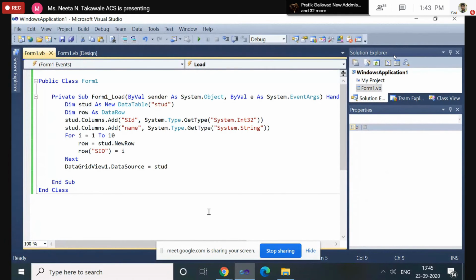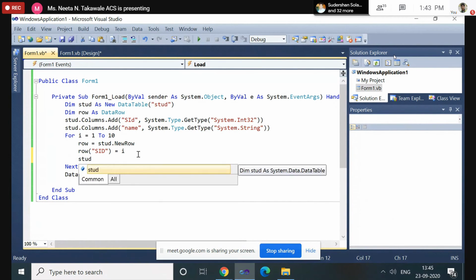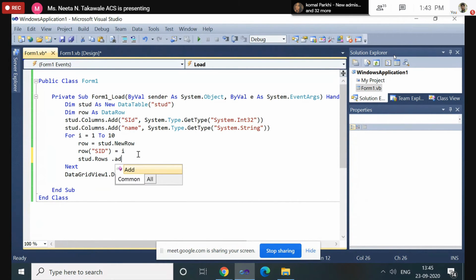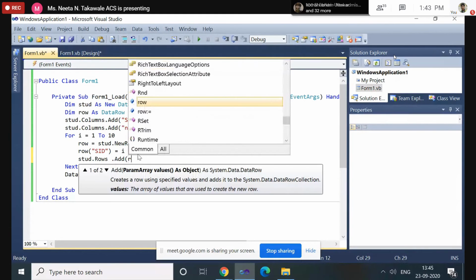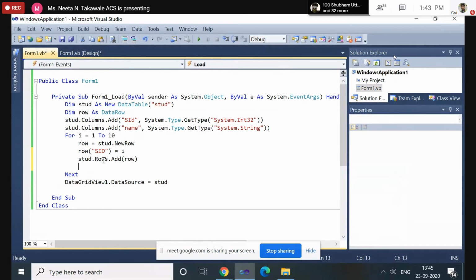One method we have is to add stu dot rows, because without the add method we cannot add the rows inside the table. Now here, why are we defining row?